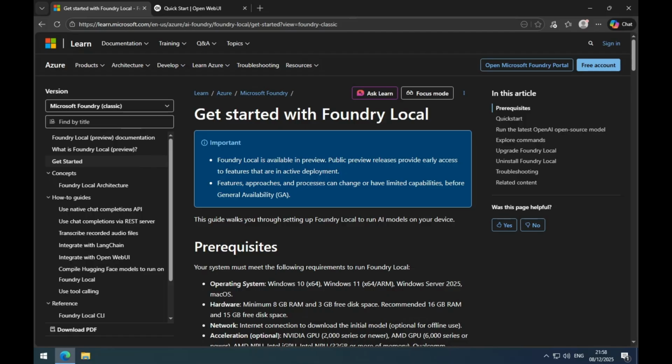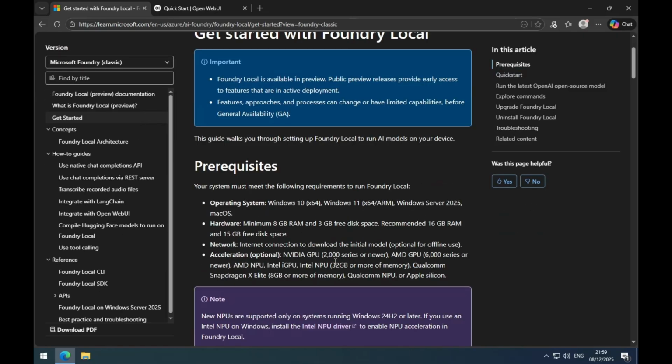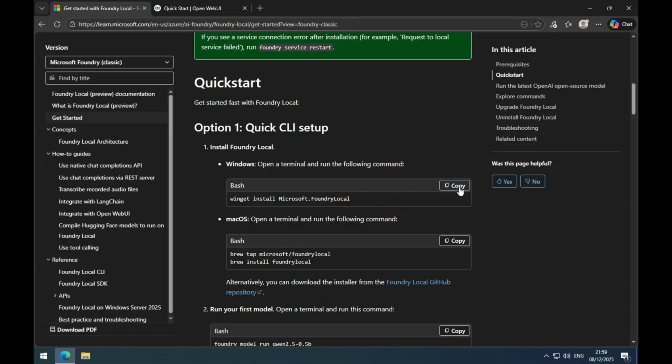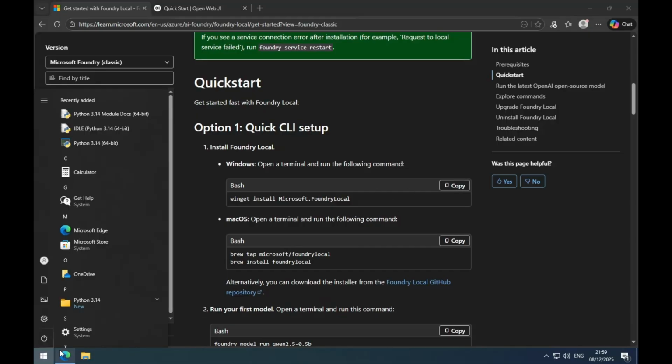I have here a Windows 10 machine and we're going to install Foundry Local first. And in order to interact with it, we will use Open WebUI, which is also not installed, but we will do this on the machine and configure the integration. So to get started on this machine, I have already installed Python and winget, and installing Foundry is the easiest way. So we can go here to the documentation, and it simply says we can copy this code